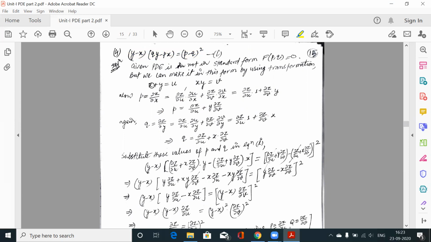Here we have to substitute x plus y is equal to u, xy is equal to v. This is something typical for students, and even for teachers, because this transformation is not fixed to convert any equation, so it takes a lot of analysis. Whoever has done the transformation must have done a lot of analysis on how to